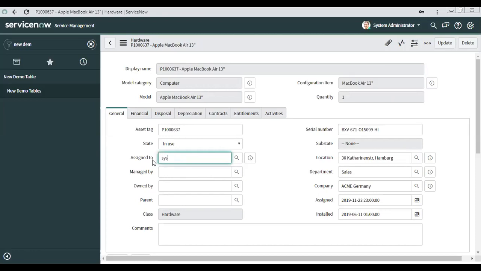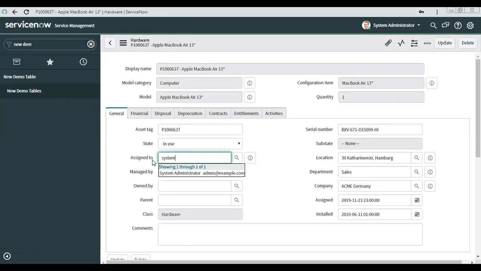Either someone comes here and does it manually, that is one way, because only then is this record correct, right? If someone comes to the asset table and checks who this computer is assigned to, then it should say it is right now assigned to system admin. And that is what needs to be automated now.